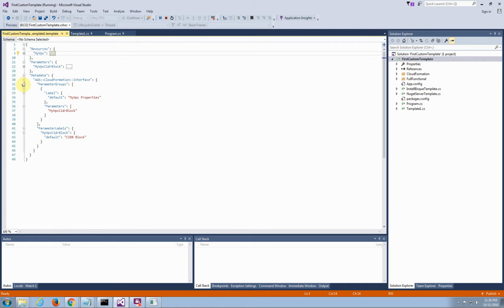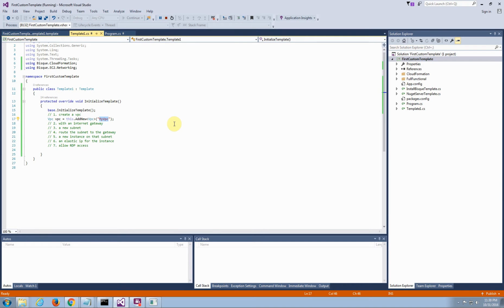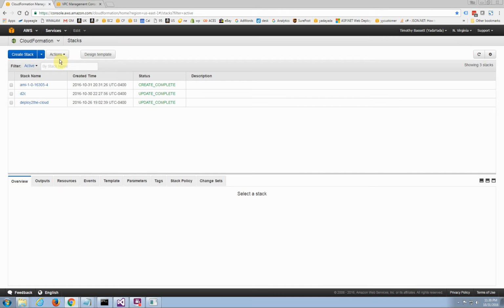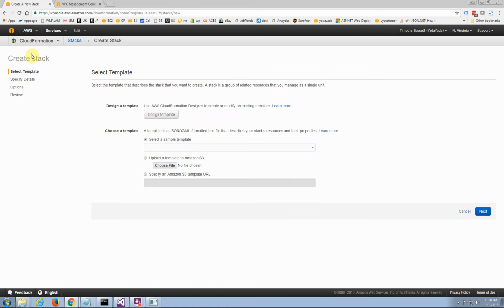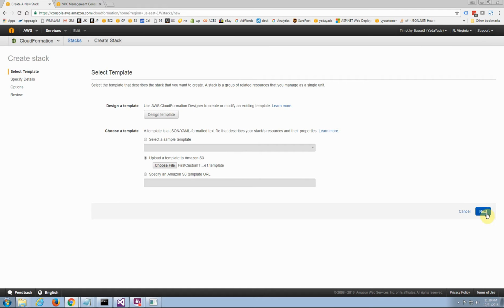some resources, some parameters, and some metadata. And the resources that it has is the myVPC, which correlates to here, the VPC that we added, and it is of type VPC. So if I copy this full path to my clipboard, and I come over to the CloudFormation interface, I can say create stack, choose file, I'm going to paste that full path in, say open, next,